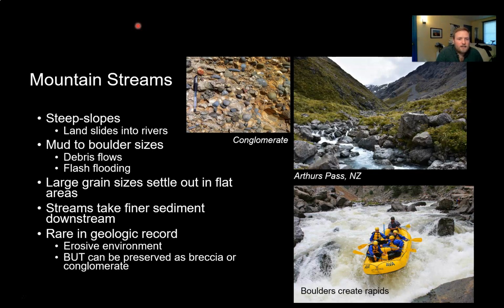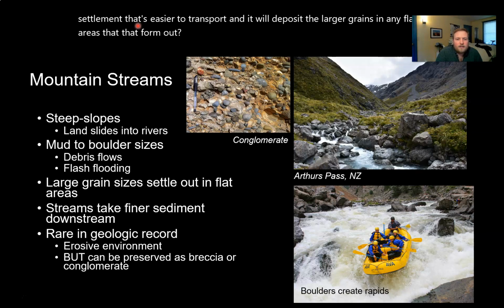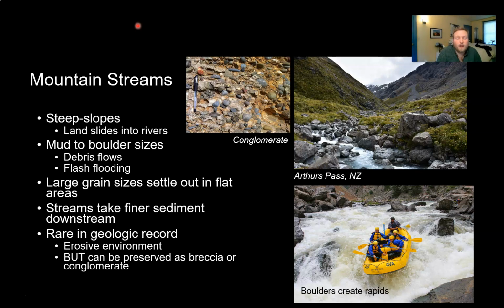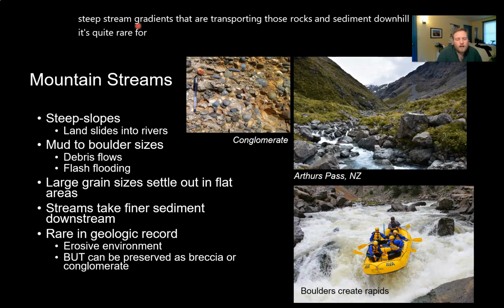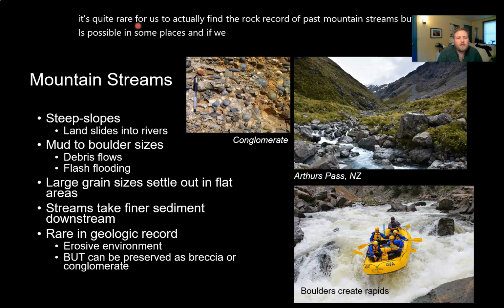So what's interesting about mountain streams is that these are typically very rare rocks to find because mountains, right, you have a lot of erosion going on because there are steep slopes, so there's landslides because of gravity, and there are steep stream gradients that are transporting those rocks and sediment downhill. So it's quite rare for us to actually find the rock record of past mountain streams, but it is possible in some places. And if we did preserve it, we would find conglomerate or breccia, right, which is that mixture